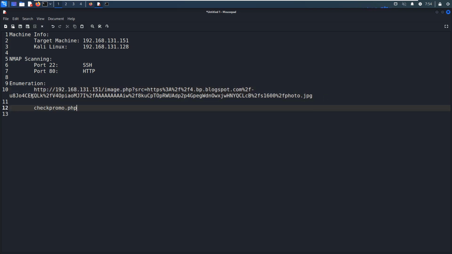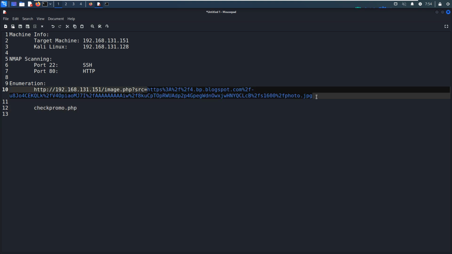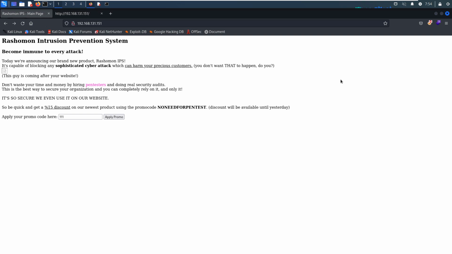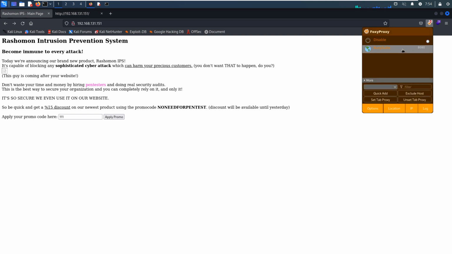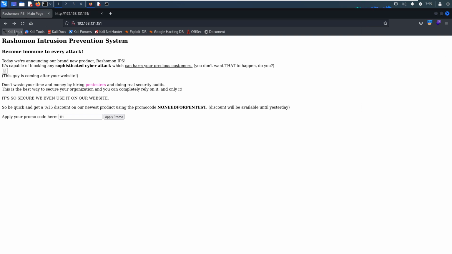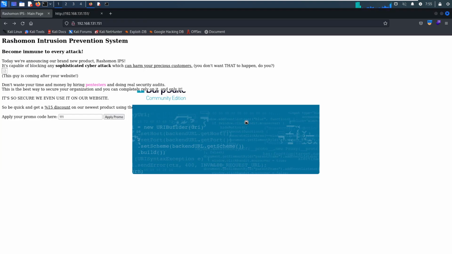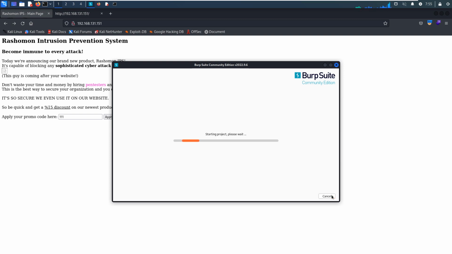Okay, so maybe this part is not useful. Next, we can launch Burp Suite to conduct SQL injection.